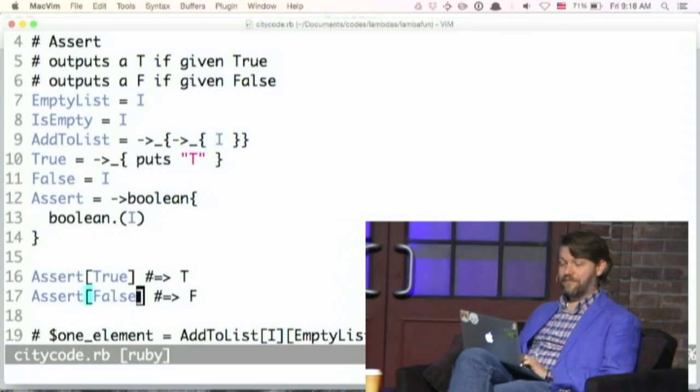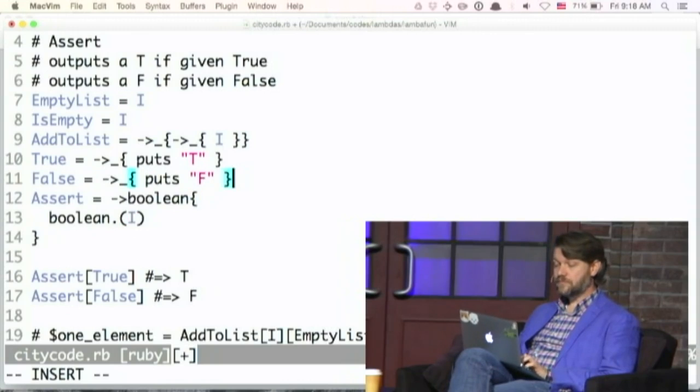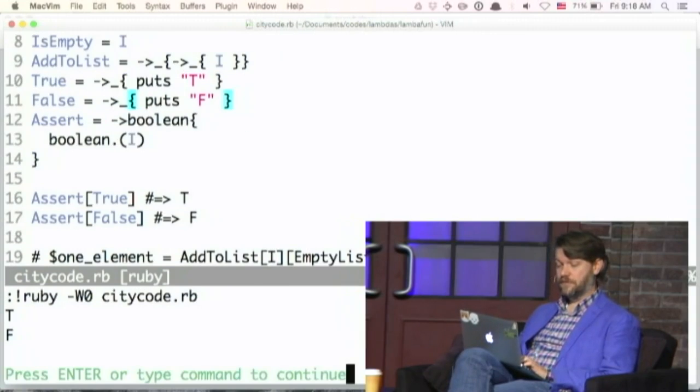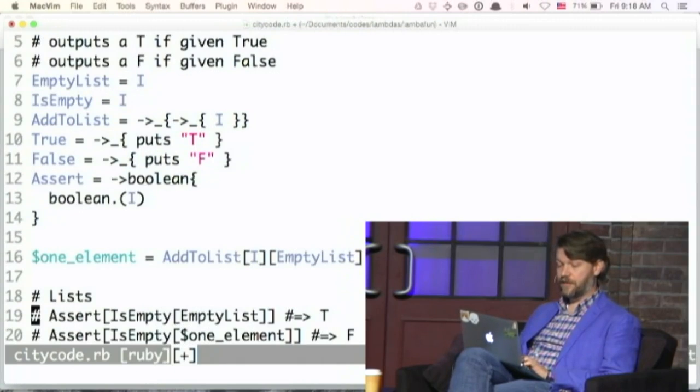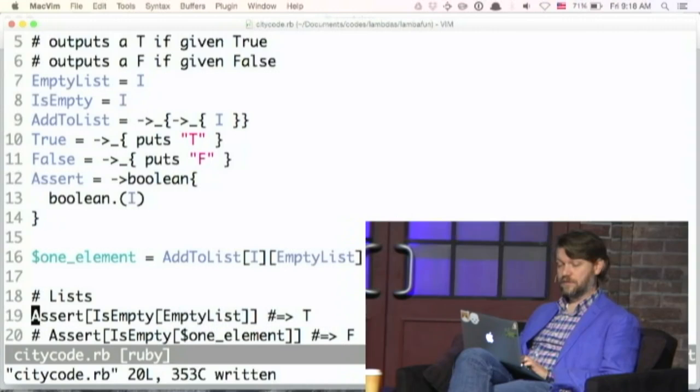But I don't get the F. So let's come back here and build up our F. Huzzah. So I get what I want, T and F. That's pretty nice. So if I come back down here and do this, I don't have anything because, well, now